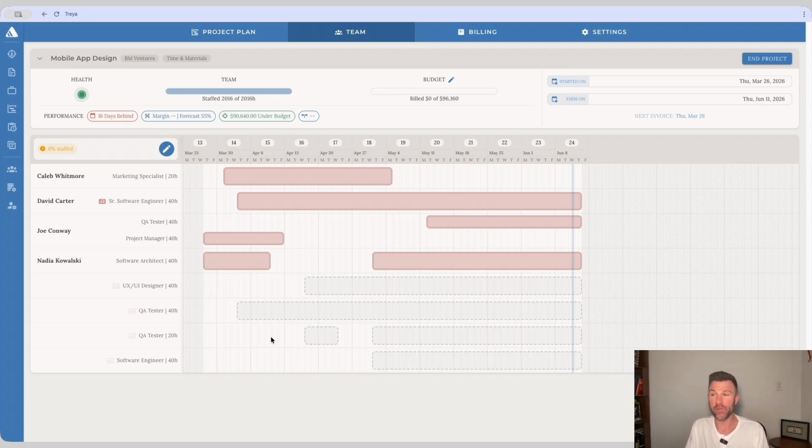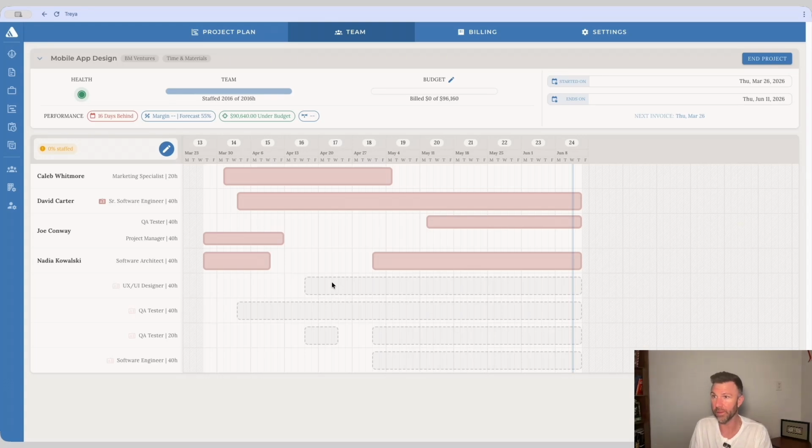Now, the thing we haven't talked about yet is placeholders. Placeholders are what we see on the screen, these 4 bottom rows, where we're showing what looks like an assignment, but no one's been assigned yet, although there's a role, a time frame, and a number of hours per week. And these are placeholders for someone that needs to be assigned to this project. When we scoped it out, these are the people that we intended to have on it, and we haven't yet